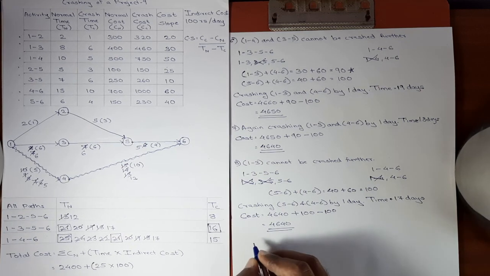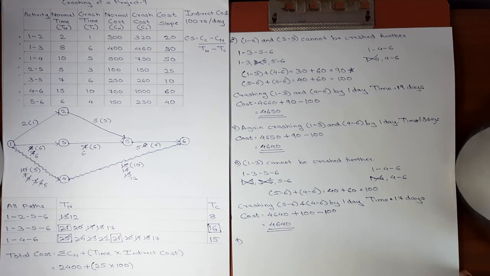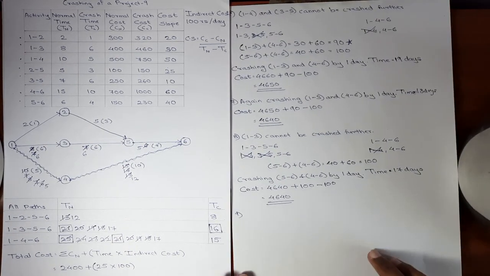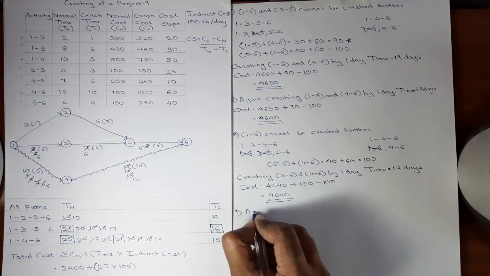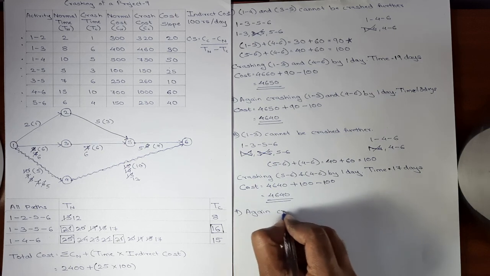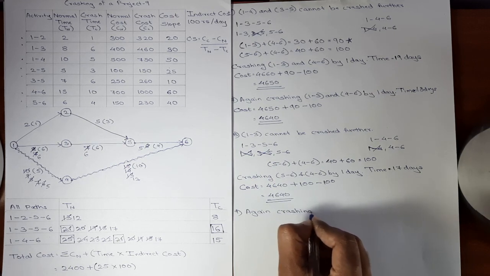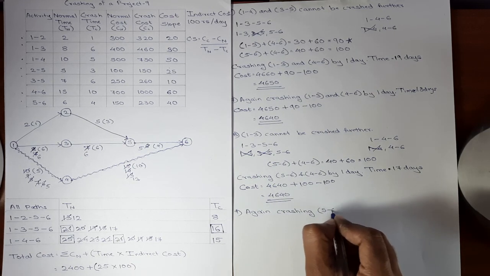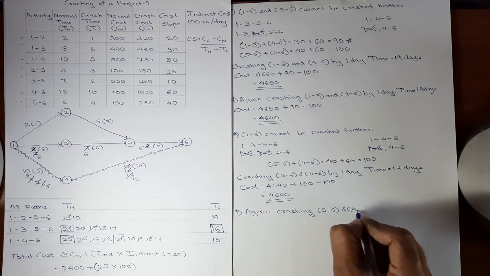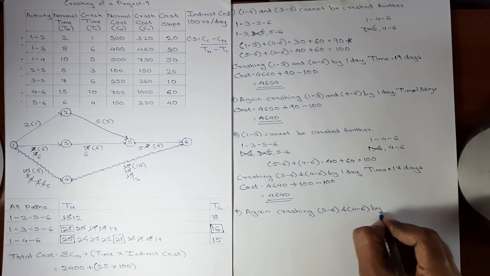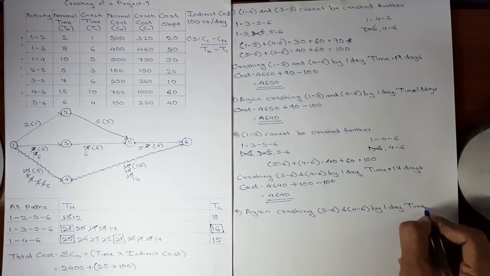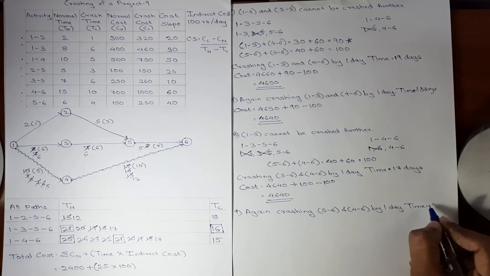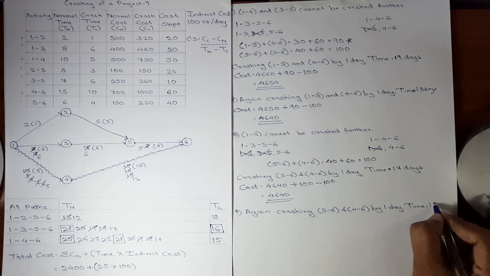So in our next step of crashing, that is step number 9, we will again crash the same activities 5 6 and 4 6 by 1 day. Now the time will be, first it was 17 days, now it will be 16 days,